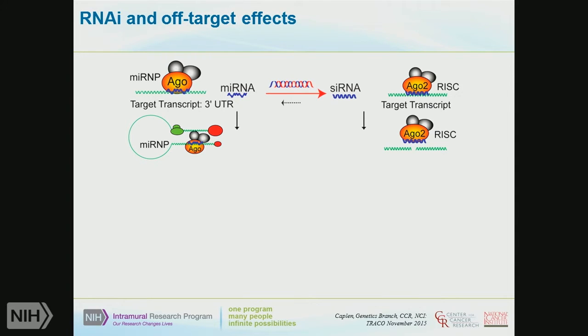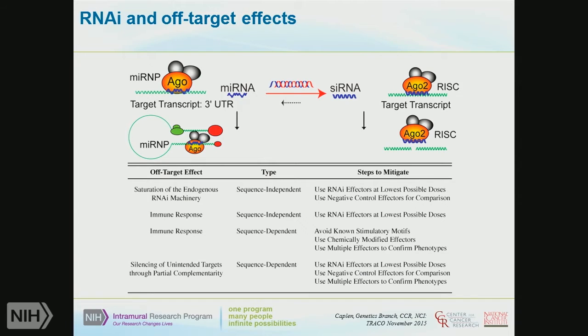Now, over the years, we've come up with lots of different ways to try and address this. Most of these are really quite basic. A lot of it can now increasingly be dealt with at the design end by making sure that the seed sequences are as well defined as possible. Using the lowest concentration of the siRNA or any RNAi effector, or in fact any of the reagents I'm going to be talking about today, is always a plus, and you should aim for doing that. And you always need to know that you've used all the negative controls you're going to require to be sure that you've got an effect.